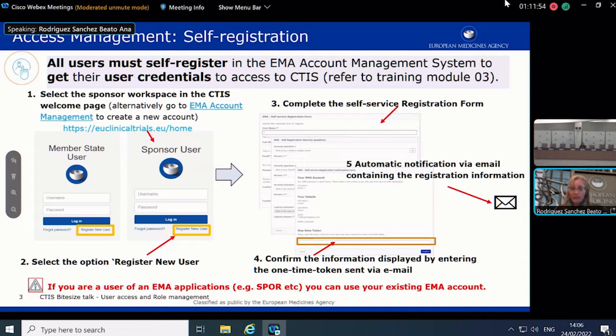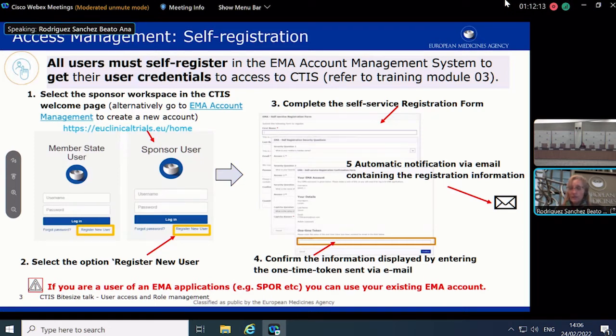You can directly navigate to our EMA account management system, and then from there you can proceed. Or alternatively, you can navigate to our CTIS website, whose link is provided here, euclinicaltrials.eu/home.